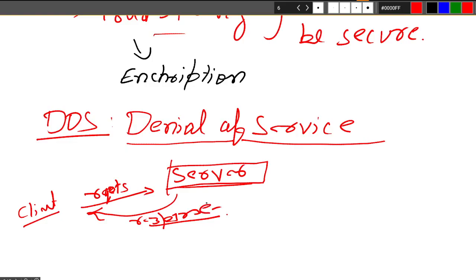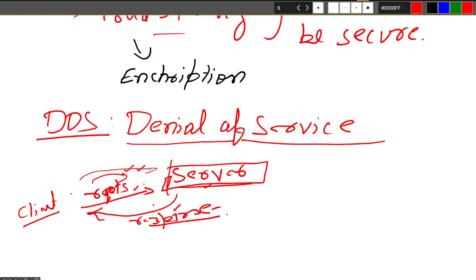During this process, when the request comes, before sending the response a three-way handshake is done, where some information is sent that we are requesting. The server sends an acknowledgement, and then one more acknowledgement is sent by the client. Then the server understands and sends the response. Until this third acknowledgement comes, the server maintains a queue with the information of this client, and waits for the acknowledgement.